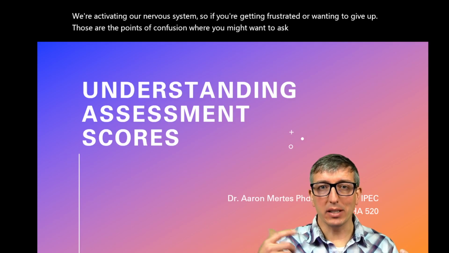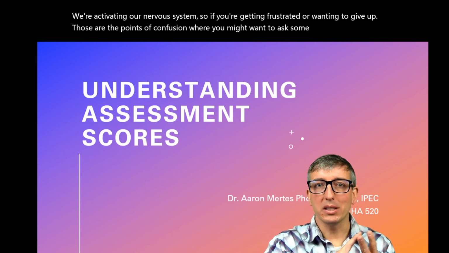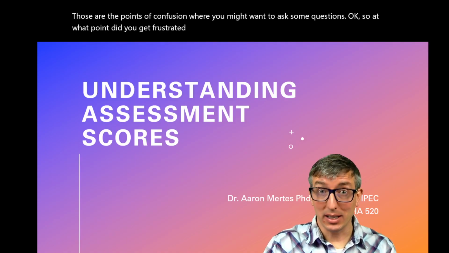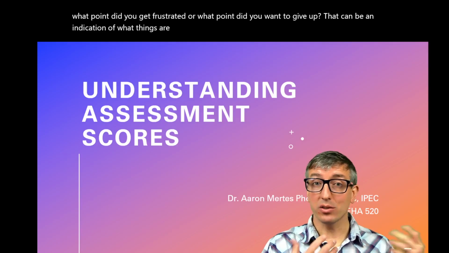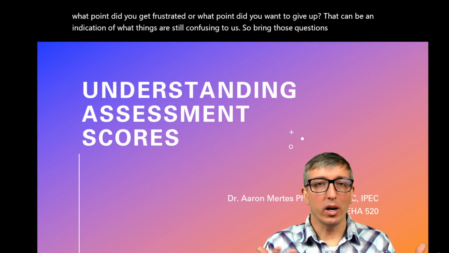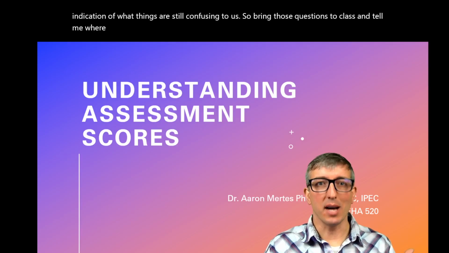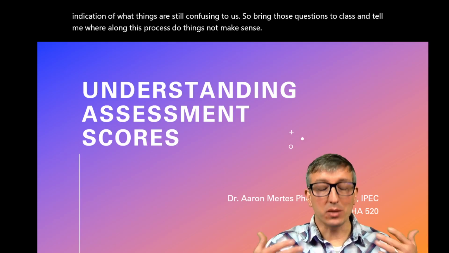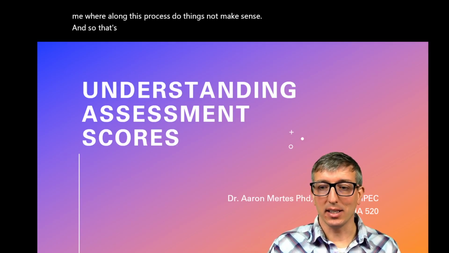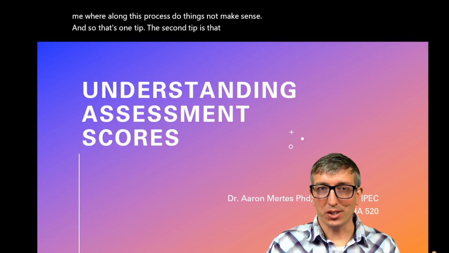So at what point did you get frustrated, or what point did you want to give up? That can be an indication of what things are still confusing to us. So bring those questions to class and tell me where along this process do things not make sense. And so that's one tip. The second tip is that you may not know what you're not sure of,